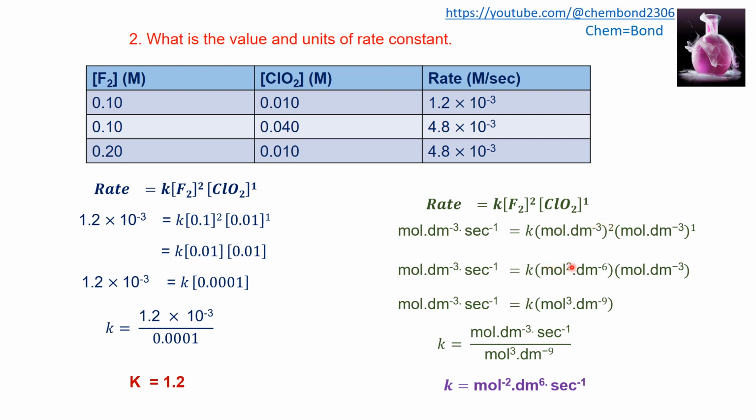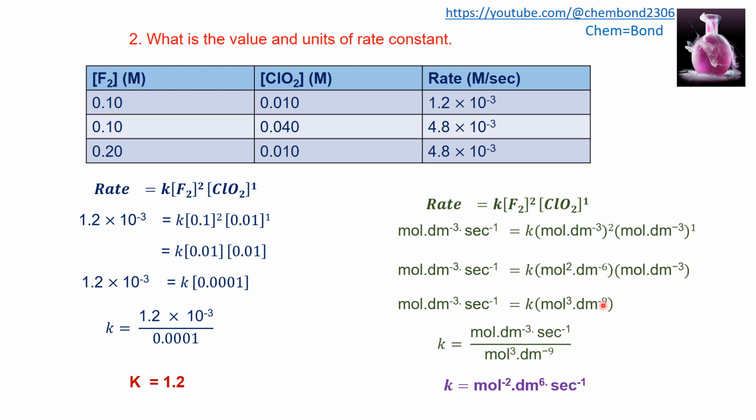So mole square and dm cube will be multiplied with 2, so we will get dm minus 6, and the mole per dm cube will remain the same. Now if we multiply this mole square and dm minus 6 with mole per dm cube, we will get mole 3, because here is 2 and here is 1, so it will become mole 3, and 6 and 3